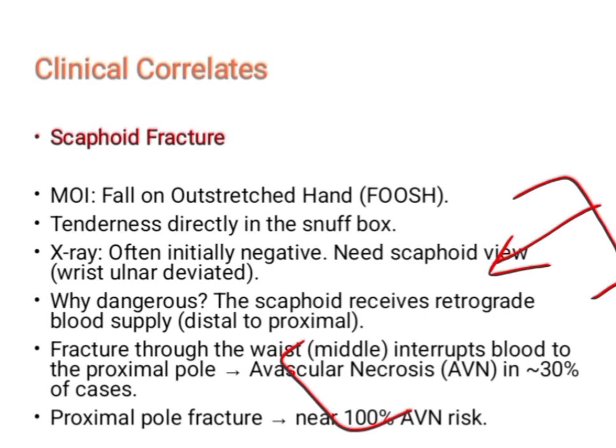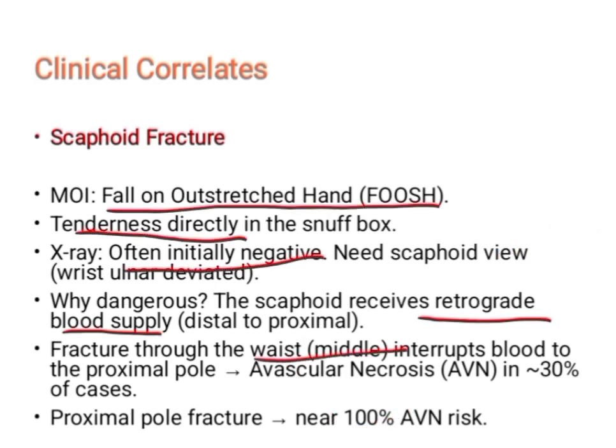Whenever there is a fracture, let's take it down. There's a fracture at the waist or the middle of the scaphoid bone. And remember, this is the most common site of scaphoid fracture. The waist of the scaphoid is the most common site of scaphoid fracture. The reason being that the waist is the thinnest part of the scaphoid. So whenever there is a fall on an outstretched hand, the waist of the scaphoid is the most likely site